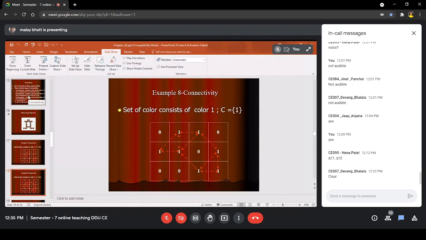Now, the third important connectivity is known as M connectivity.